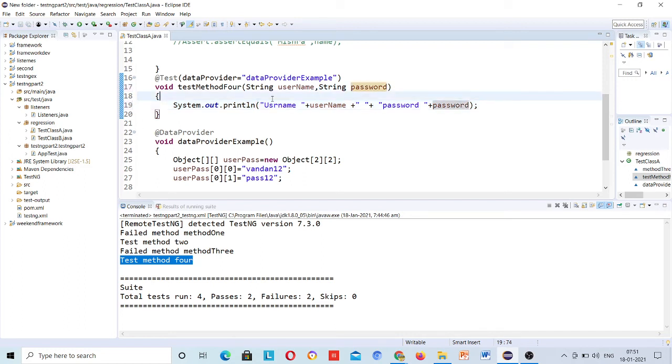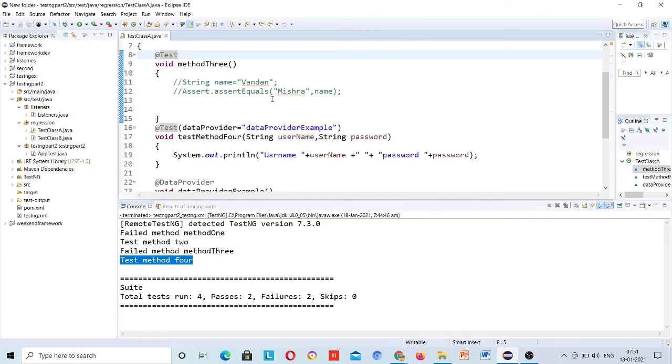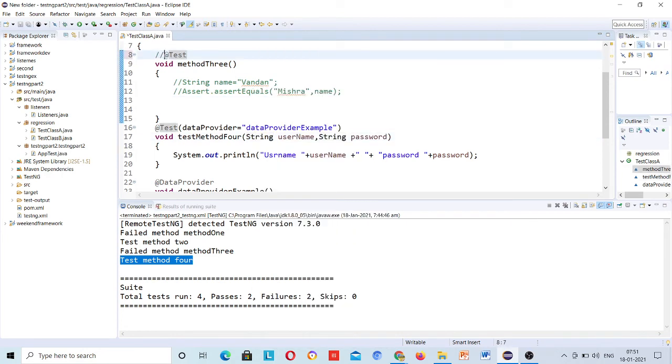Okay. Now run this, or just comment this, so this will not be part of your test.